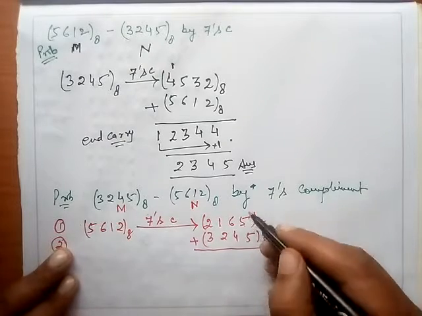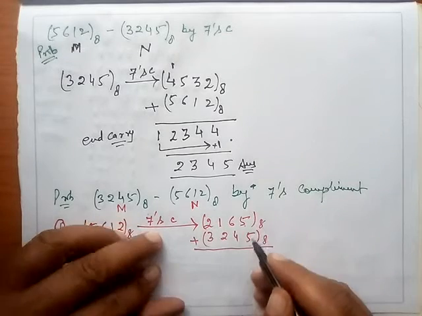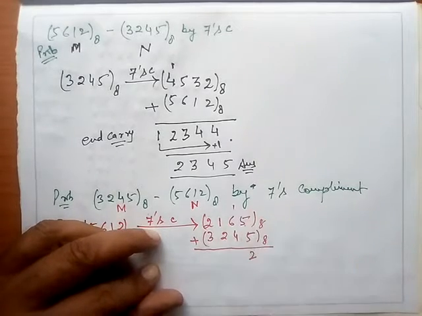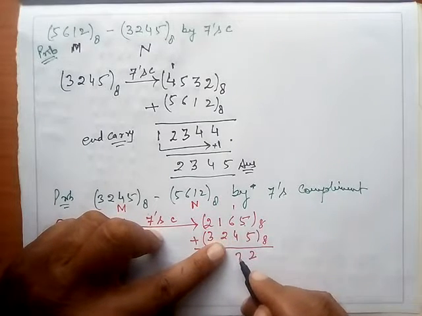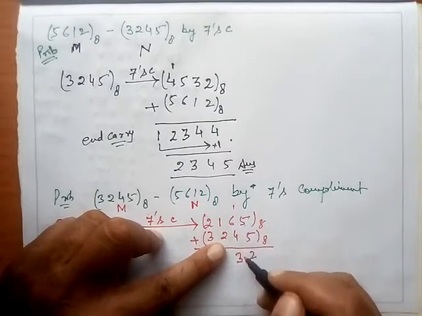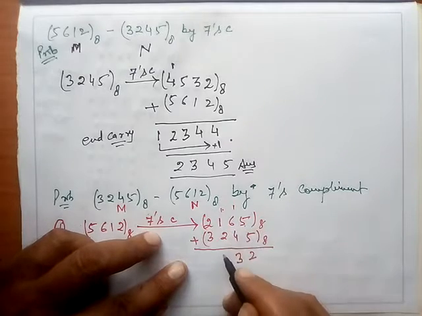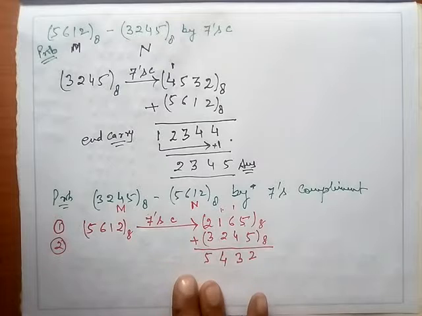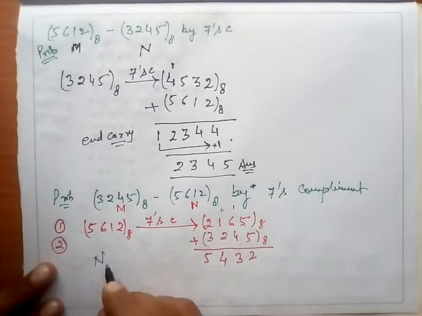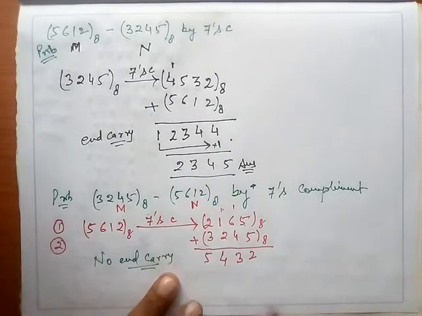This addition in base 8, 5 plus 5 is 10. 10 in base 8 is equal to 1, 2. So this is 2 here, carry is 1. Again 6 plus 4 is 10, 10 and 1 is 11. 11 is 1, 3. I divide 11 by 8. Quotient is 1 and remainder is 3. Then 1 carry here. 2 plus 3 plus 1 is 4. And this is 5. Now since no end carry is generated here, if you see here that there is no end carry, I told you that the result will be negative,